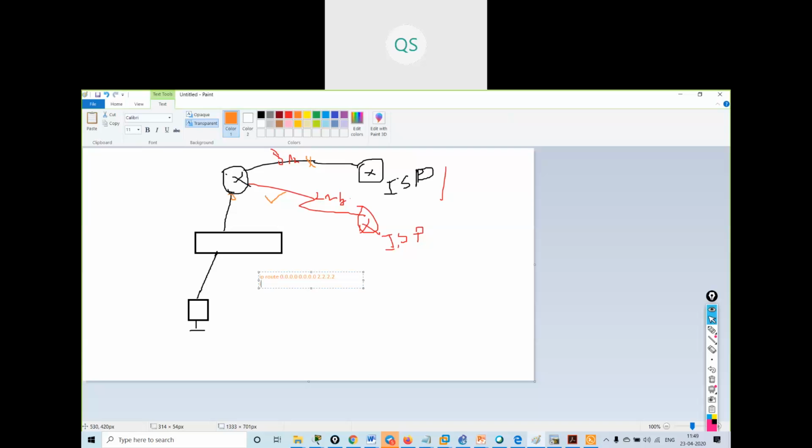Now how can we configure the secondary route? Suppose I give 3.3.3.3. I can give one more option over here: the administrative distance. The default distance will be 1. If I configure the second route with a higher value, suppose I give 10,